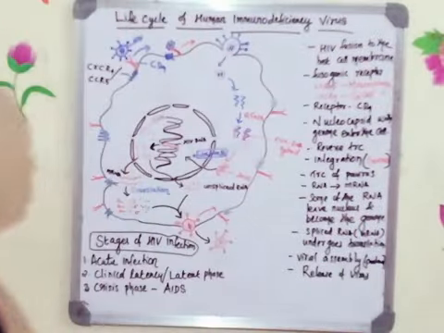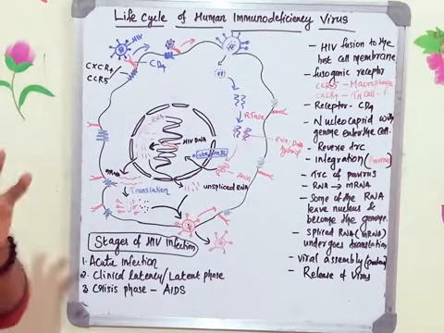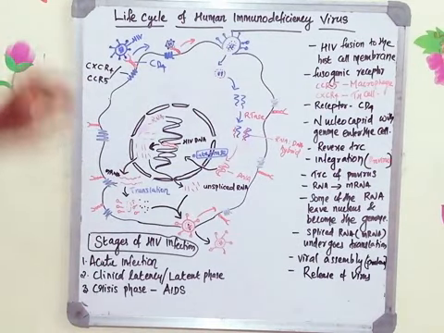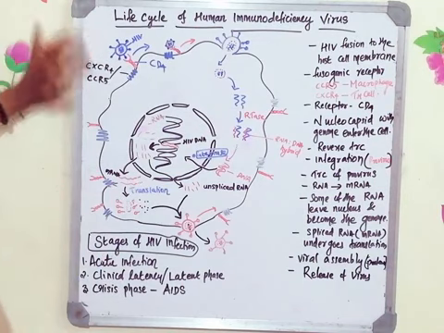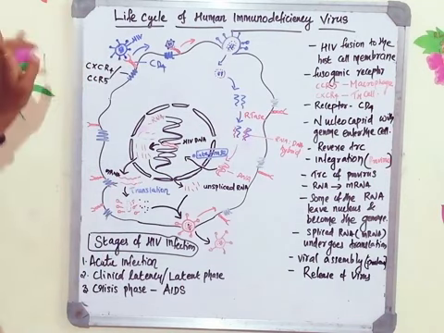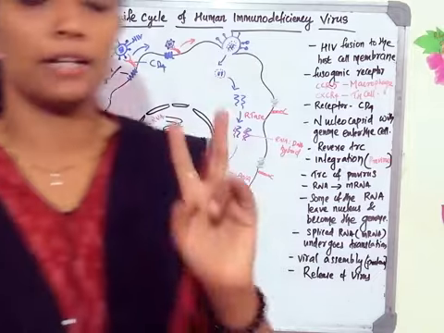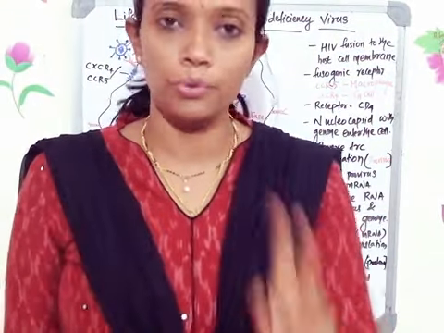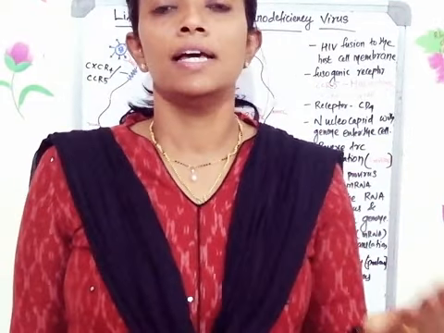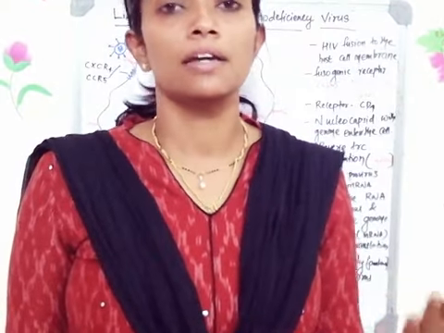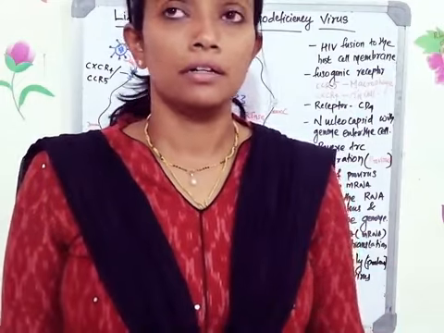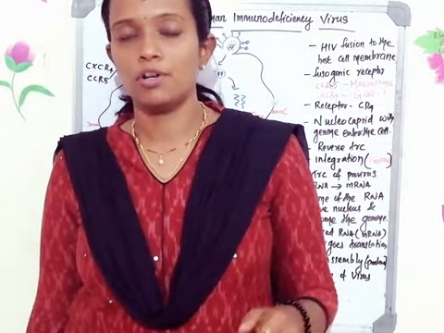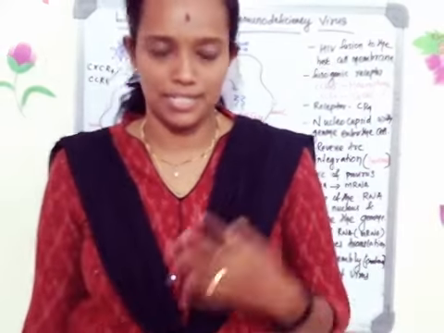Okay, so we'll move on to the life cycle. We have to write about the mode of transmission of human immunodeficiency virus in the human being. As I told you yesterday, human immunodeficiency virus can infect 2 types of cells: the T helper cell and the macrophages. So there are 2 types of HIV. One is known as M-tropic, another as T-tropic. M-tropic viruses have affinity for macrophages. T-tropic viruses have affinity for the T cells.